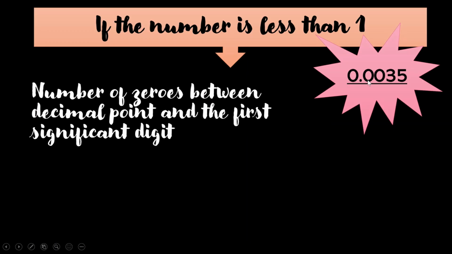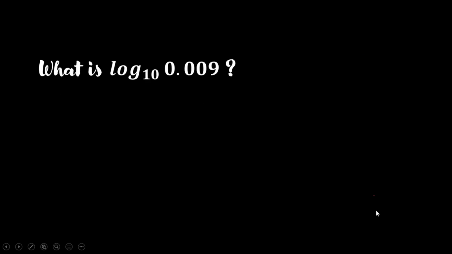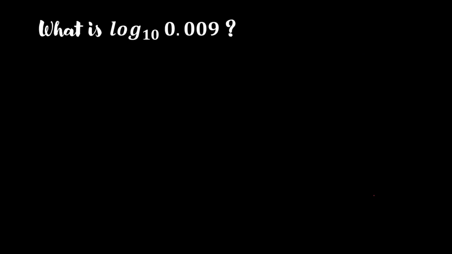If we see the number of zeros between the decimal point and the first significant digit, it is 2, right? And based on the verification of the characteristic, we have verified that the characteristic is 3 bar. So you can see that there is a pattern. In the previous example, the number of zeros was 0 and the characteristic was 1 bar, right? So here also there is a short pattern developing which is very interesting to understand.